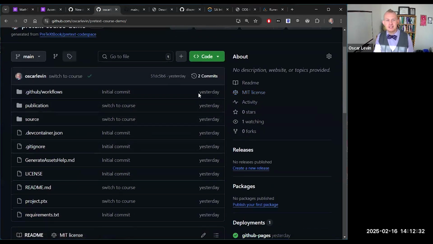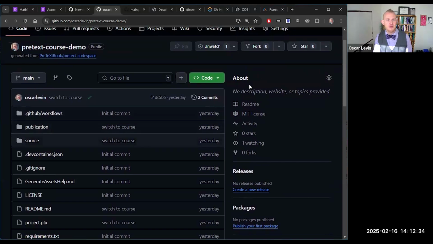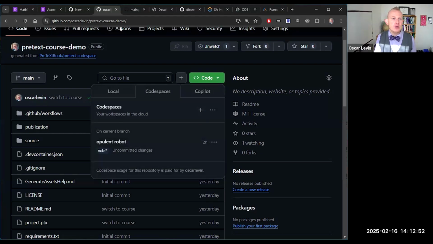So this is based on the template. You have everything you need. And then if you want to do everything in your browser, notice I'm just in Chrome right now. Everything we're doing is just in Chrome. You don't have to install anything on your computer except Chrome. You, of course, can install this on your computer and do it locally, but it takes a few extra steps. Go to code. What you would see normally there